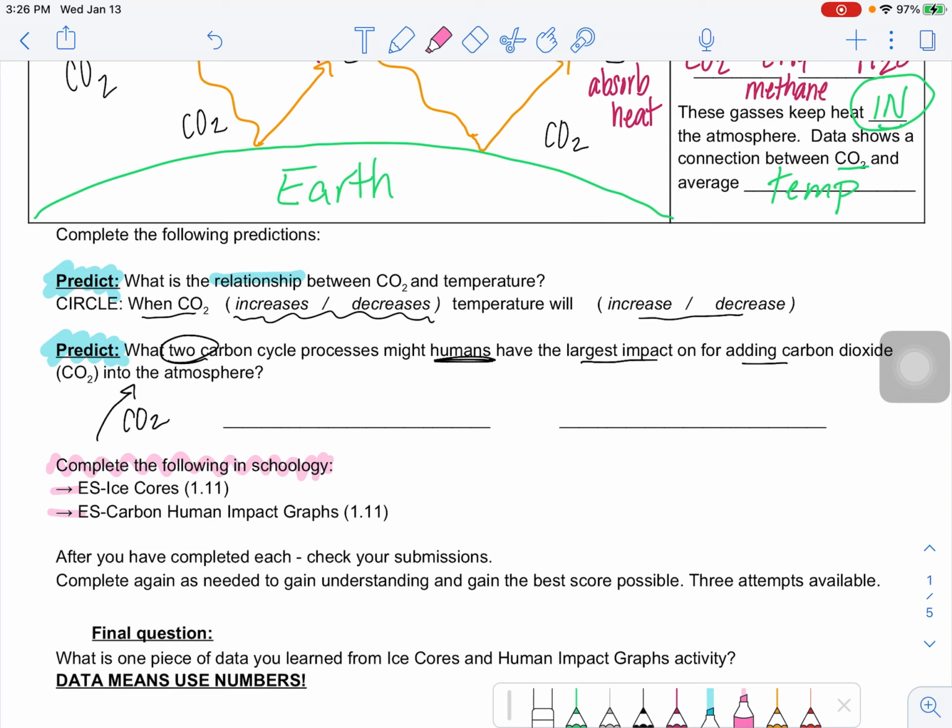These are both new things where I'm asking you to observe, to listen, and to try to figure stuff out. So you can have your greenhouse gas notes here next to you or your carbon cycle notes, but you're not going to find necessarily an exact answer there. But knowing what combustion is will be helpful. Knowing what respiration is will be helpful. And this is set up so you can do these up to 3 times. So once you go in there, go back, check your submission, and see how it went and think about what you could maybe try again